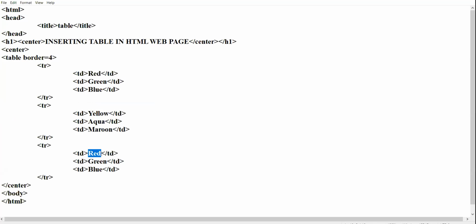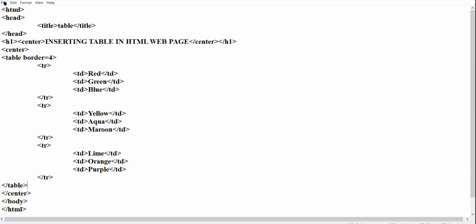Here you can change the color, lime. Then you can give orange, and then you can give the color purple. So I want 3 rows, and all the 3 rows have 3 cells. Here I close the table tag.